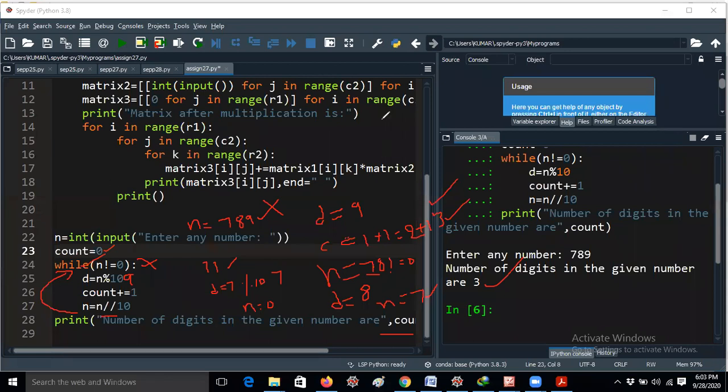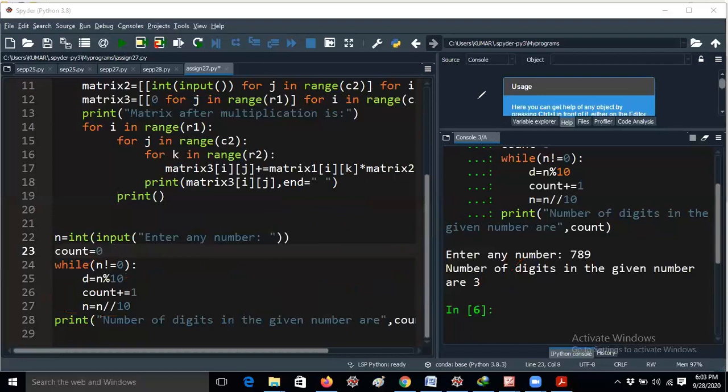Okay, so now I am removing all the drawings, guys. You have to think in that way about how they are writing the logic. For example, in the reverse number program, you are writing REV equal to like this here in this line. Instead of that, you have to add only count, because whenever the number modulus 10 is done, for example if I am giving 789, it will give 9 modulus 10, right?